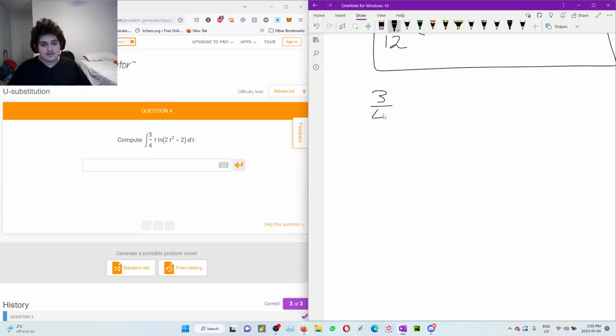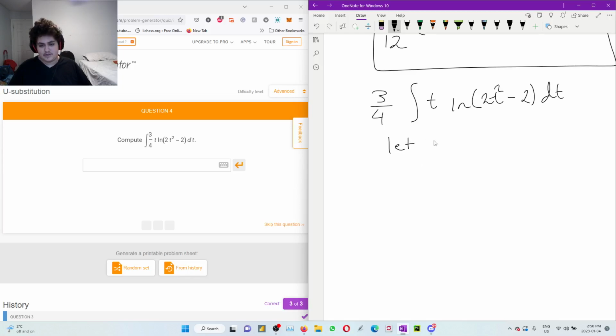We can take the constant out. T ln of 2t squared minus 2 dt. So this is pretty easy. Again, same idea. We just want to have the derivative be with t, so then we're going to be able to divide with this t here. And then integrating ln is